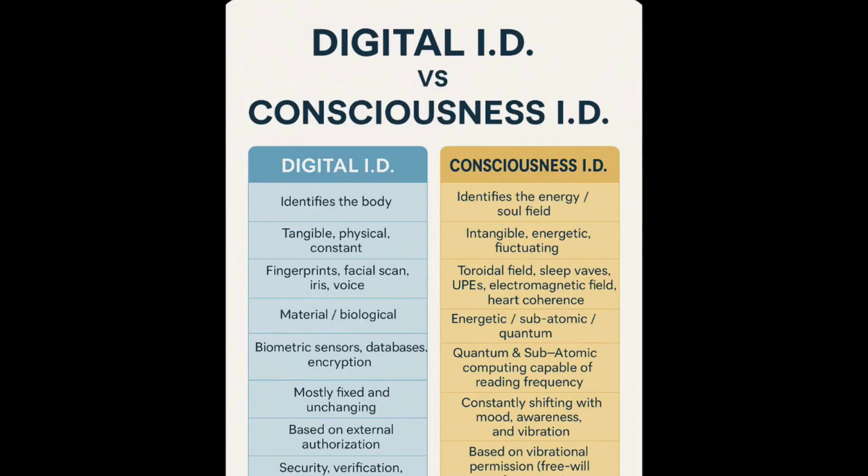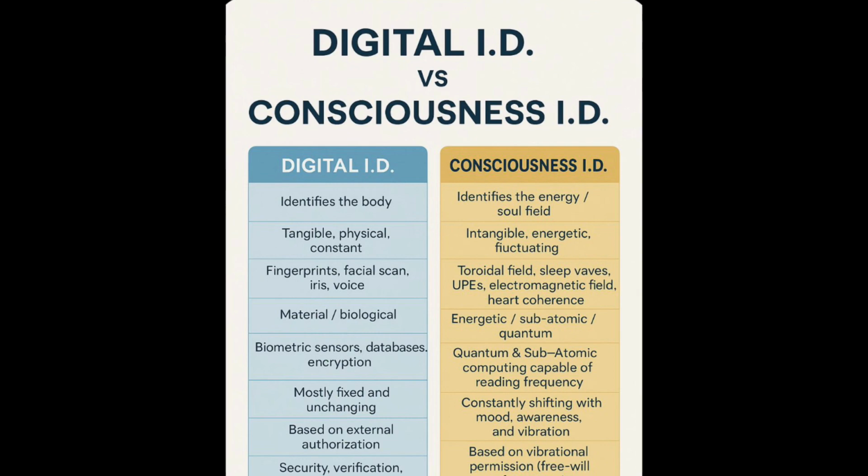So I previously talked about the digital ID, and I've talked about biometrics before in previous videos, which you can find over at Rumble, Locals, or maybe on my YouTube channel. But today we're focusing more on the consciousness ID and the elements that might go into that in order to be able to identify you uniquely going forward in the future. So if we look at this diagram, we can see the differences between a digital ID and a consciousness ID.